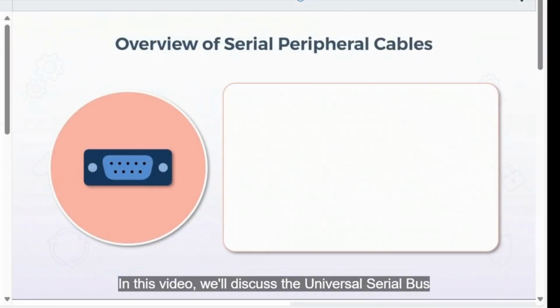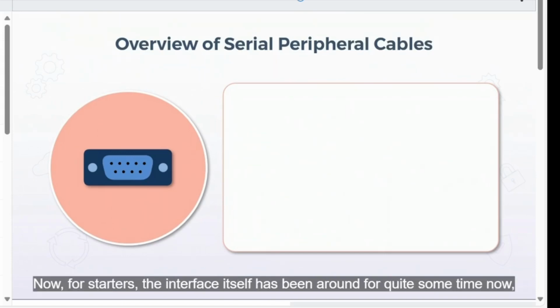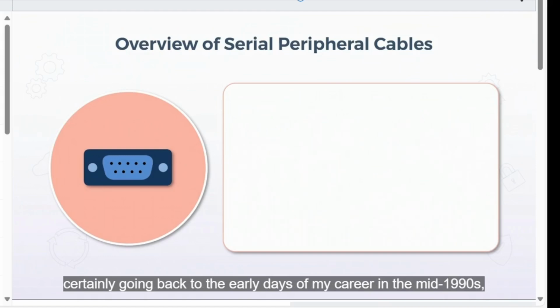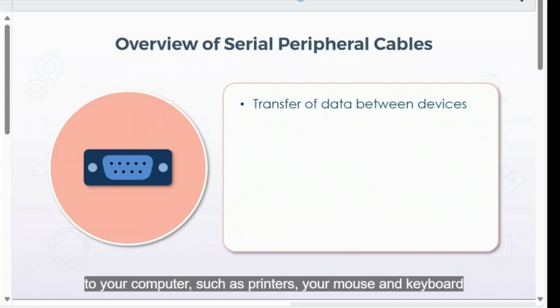In this video, we'll discuss serial peripheral cable types, as well as a much newer type, the Thunderbolt cable. Now, these two types would effectively be at opposite ends of the scale in terms of performance, most notably because most types of serial cables are very outdated, but you may still see them being used for specific types of equipment. But that said, the traditional serial cable is, of course, used to transfer data between a peripheral device and a host computer,